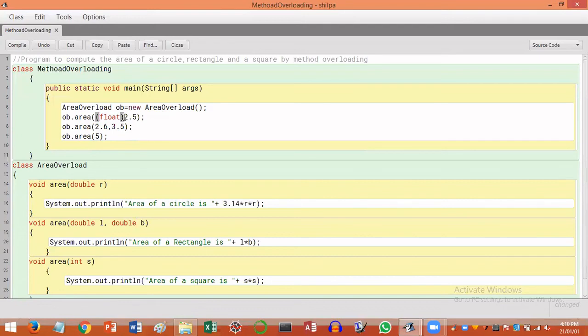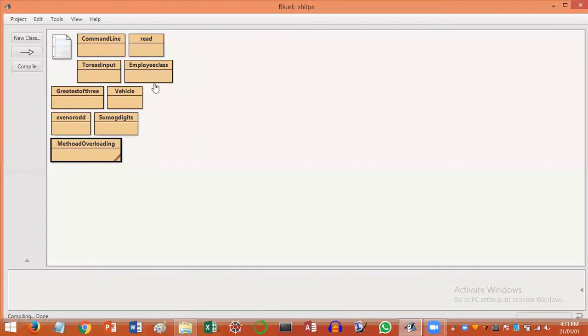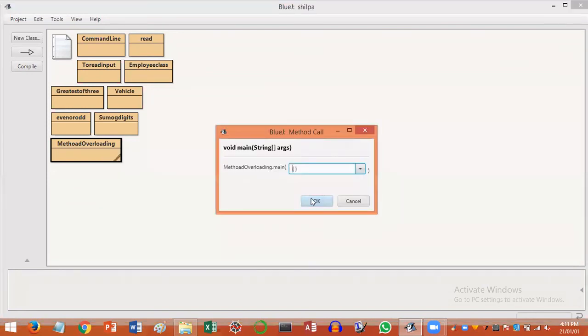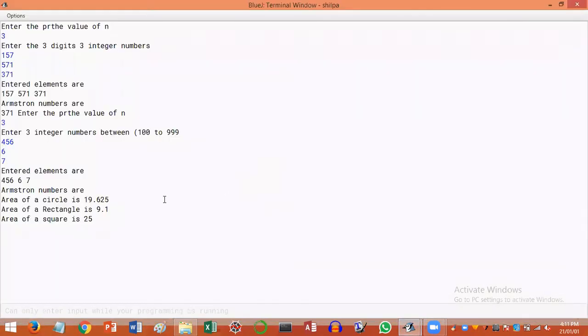Otherwise, if you change the data type to double, then there is no need for any conversion. Let's compile the program, then close it and execute the program. So this program does not take any inputs from the user because the inputs are already provided. You just have to look at the output.